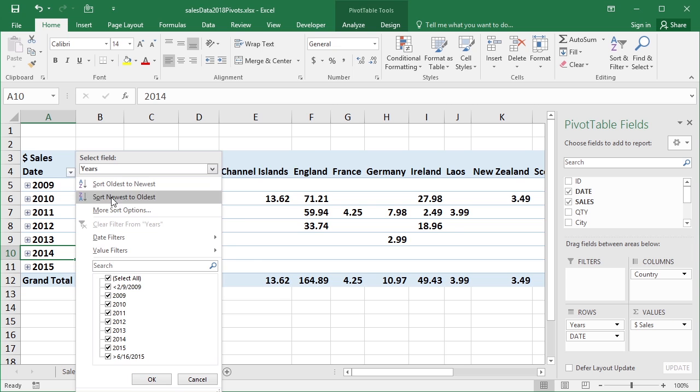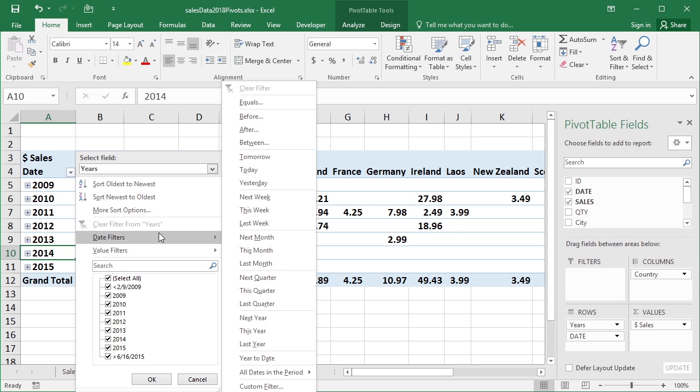But the date one, come down to date filters. It doesn't say label filters anymore, it says date filters. And notice the pop-out is not the same. We don't have the same less than, greater than, more than, etc. We have lots of date options. Tomorrow, today, yesterday, next week, this week, last week, next month, this month, last month, next quarter, this quarter, last quarter,